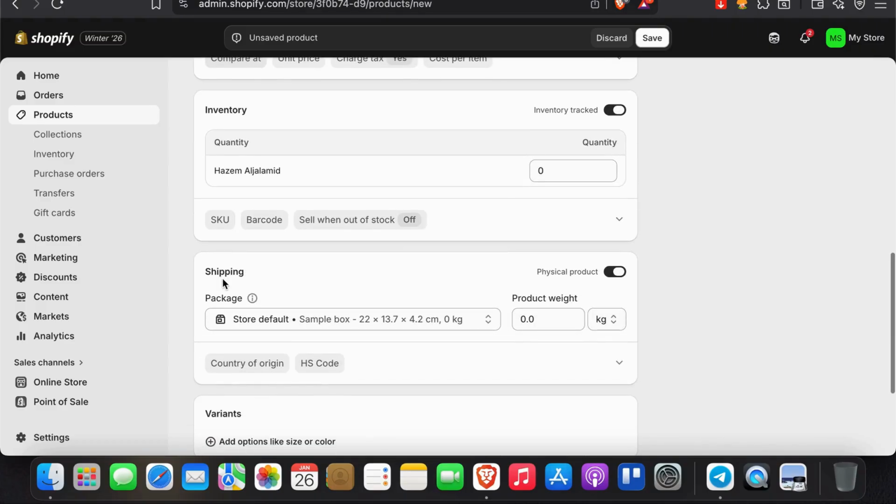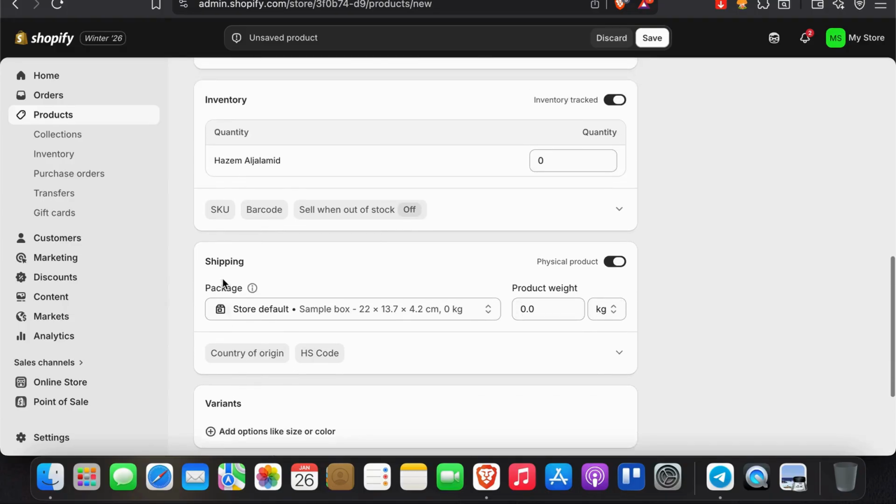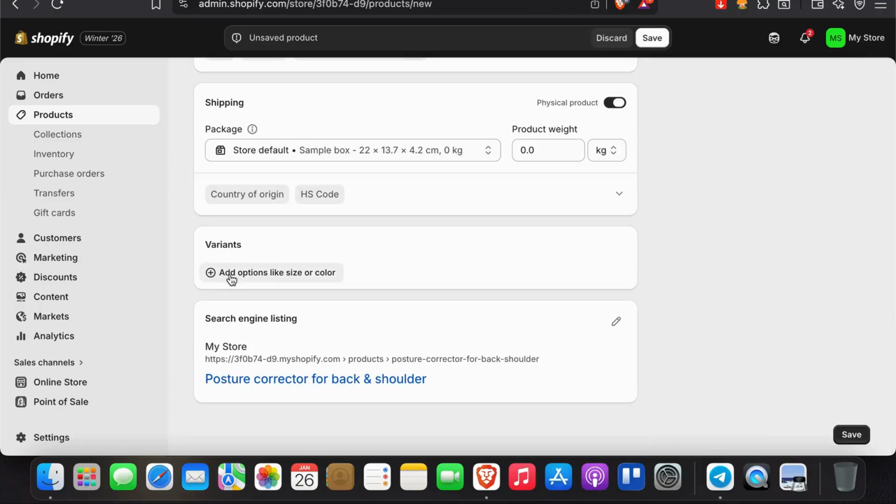Now, make the add to cart button stand out. Your button should be big, visible, and near the price. Use text like add to cart or buy now. Avoid too many buttons or too many colors. Simple equals trust. And now write a long description that answers questions, or what they call